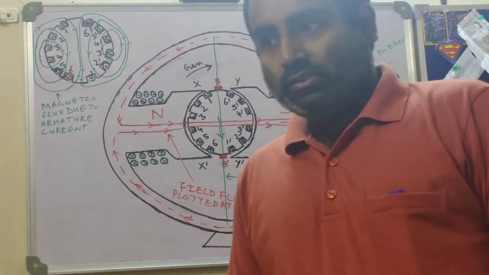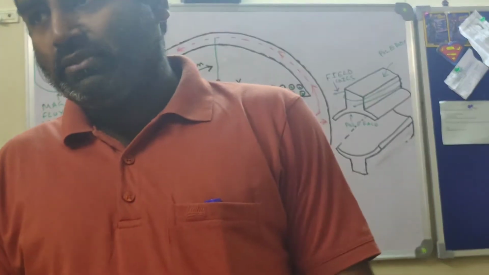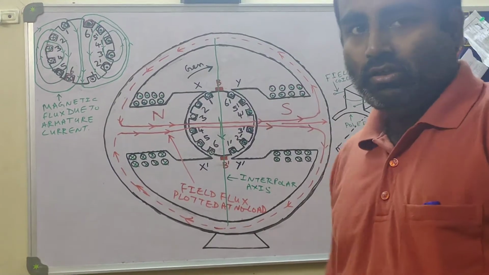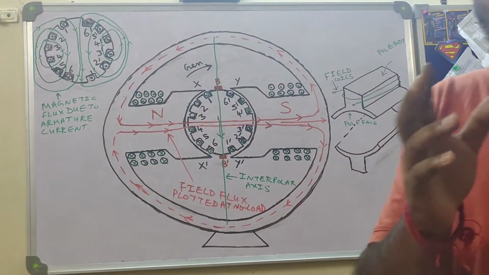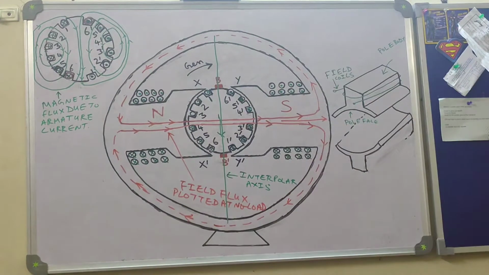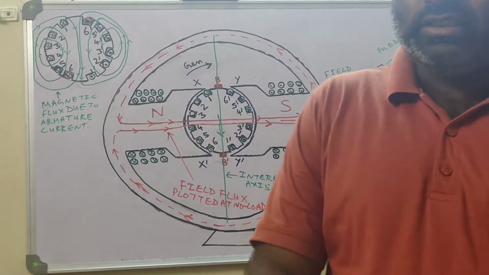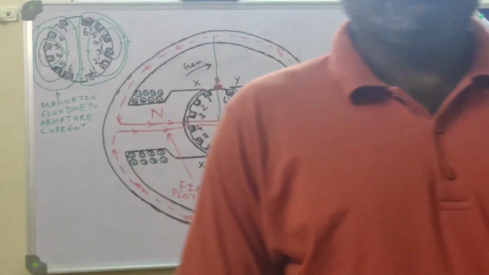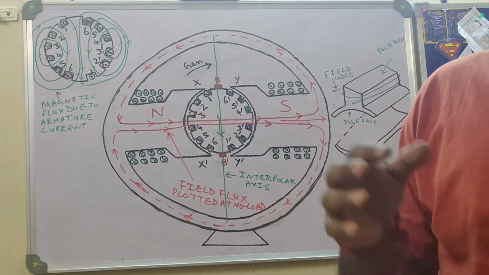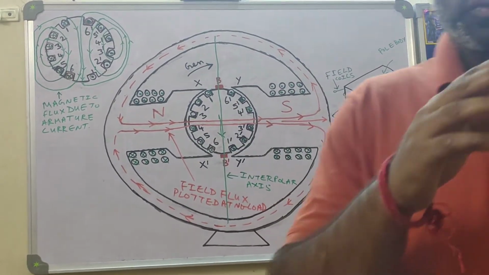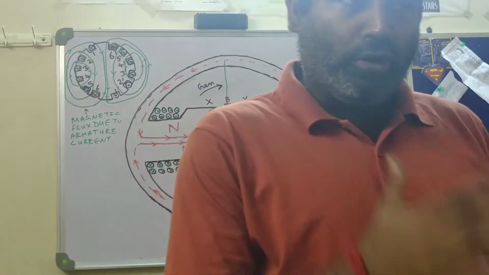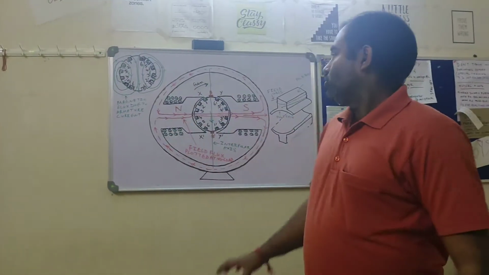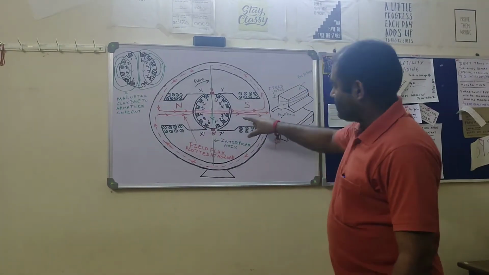In order to find the space distribution of field MMF in a DC machine, we need to take the developed view. That means we need to cut at some point along the machine, from where we will stretch it and make it flat. So what point do we need to notice? We should make the cut along that portion from where no field flux is either leaving or entering. So please focus on the flux distribution.